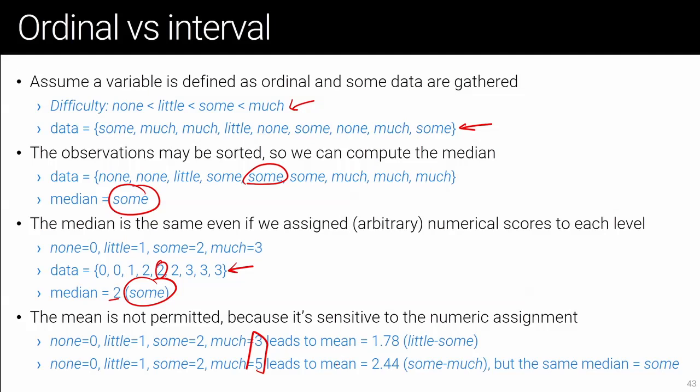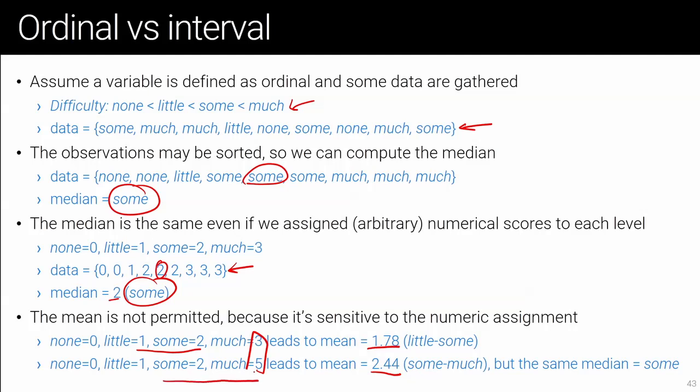Then in this case, the median is still the same. It's number 2, it's sum. But the means are different. The mean in this case is 1.78, which would correspond to somewhere between little and sum, somewhere between those two. But in this other case, the mean would be 2.44, which would correspond to somewhere between sum and much according